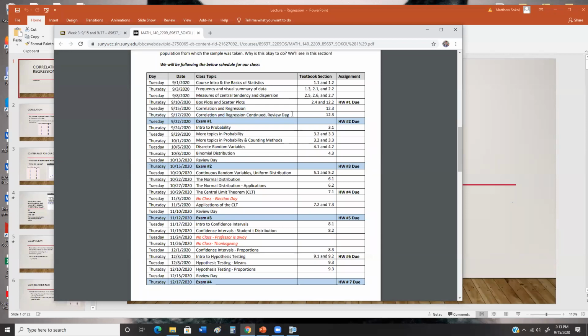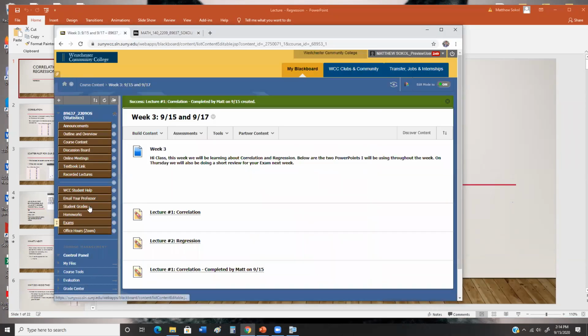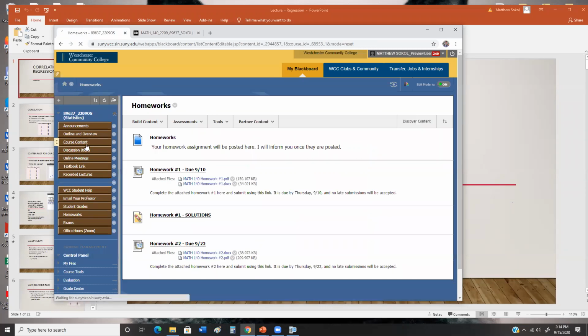What's going to happen on Thursday? I'm going to lecture for probably the first hour and 20 minutes to cover the rest of regression because I'm not going to get through all of it today. Then I'll spend the last half an hour doing a quick review of the main topics for your exam. But I promise you this, there are zero surprises on the exam. If you look back in the classroom at the two homeworks that I gave you,